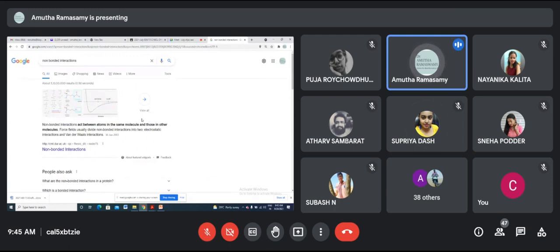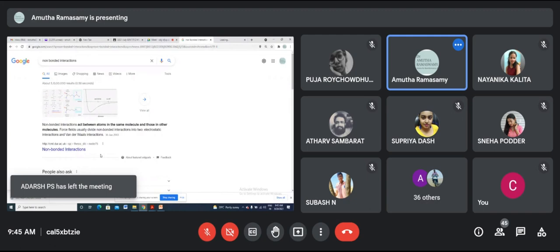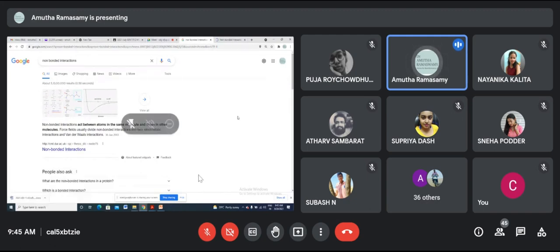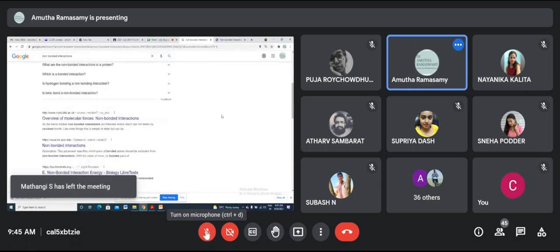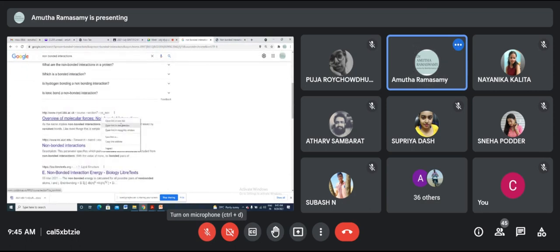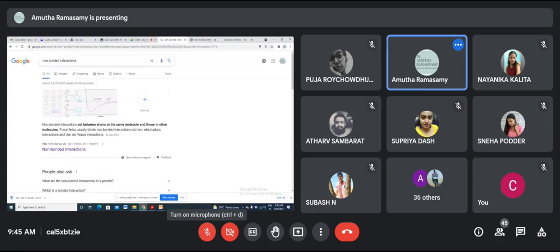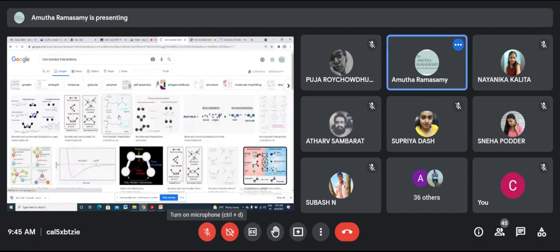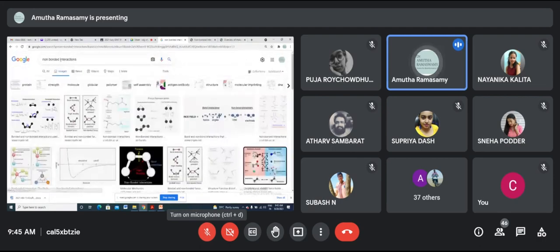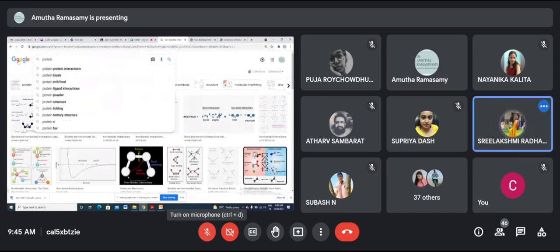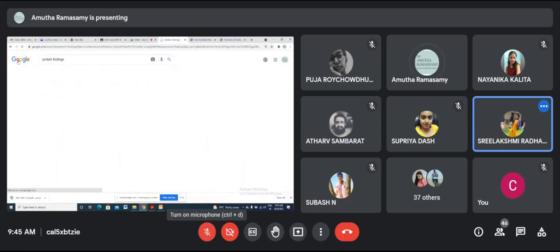In biology, where can you identify or observe these non-bonded interactions, where are you able to understand them? Hydrophobic interactions and van der Waals forces. Then